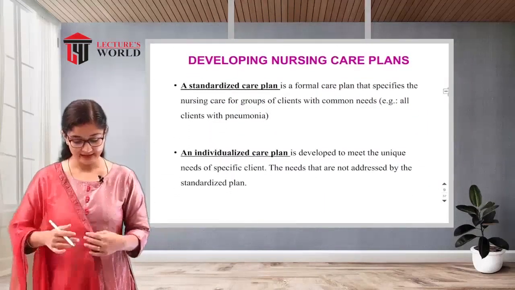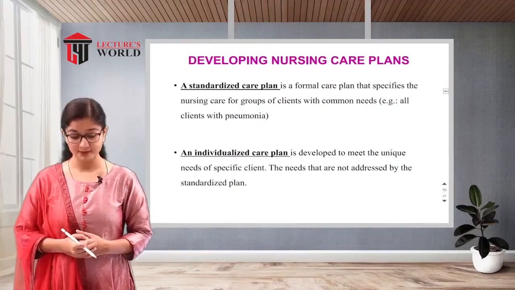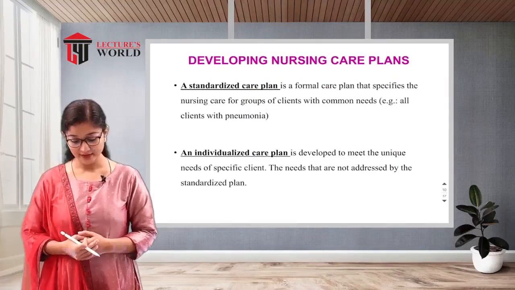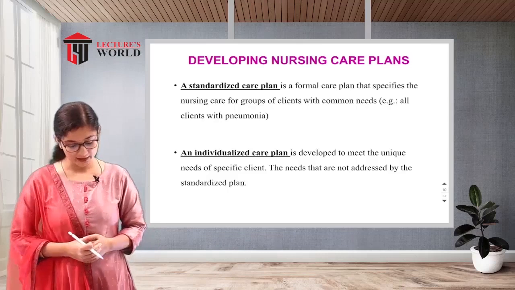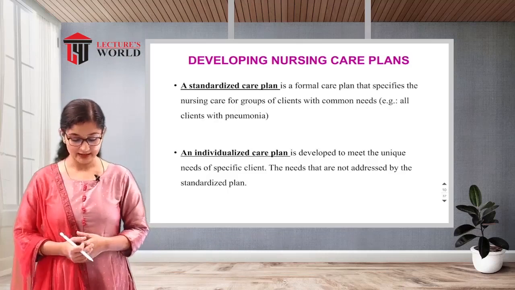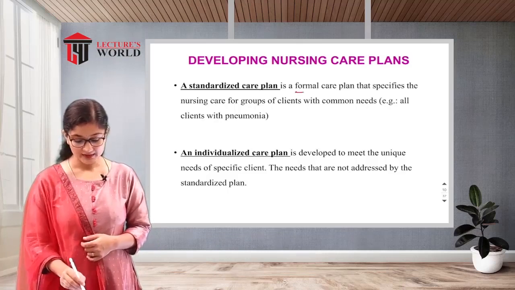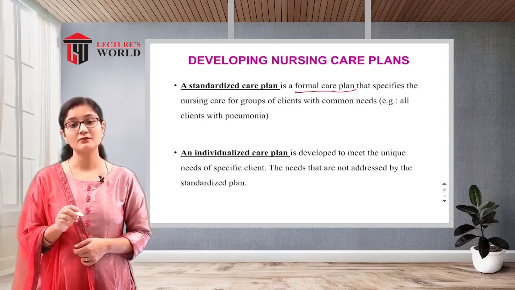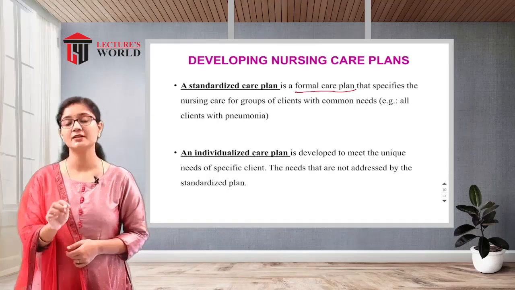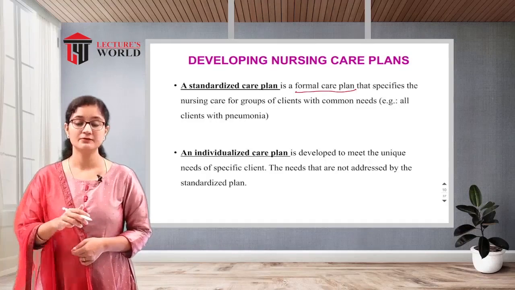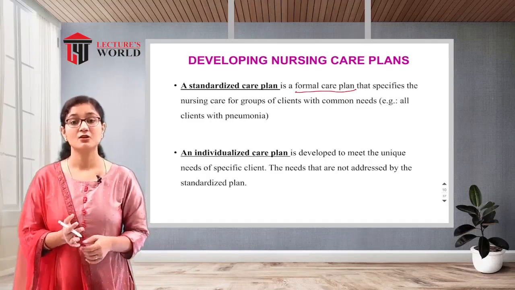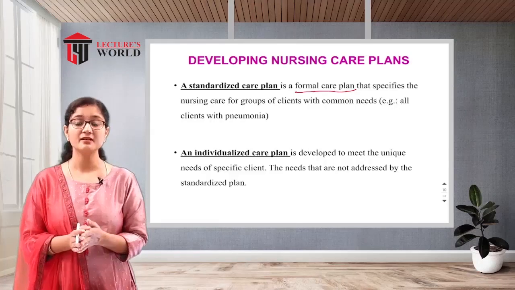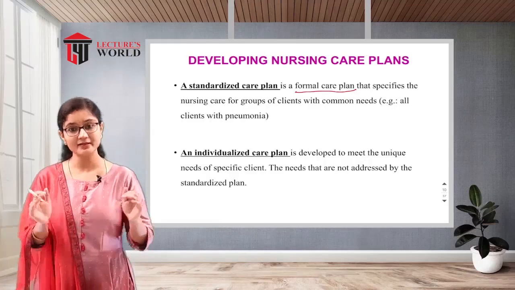Next is the standardized care plan and the individualized care plan. A standardized care plan is a formal care plan that specifies nursing care for a group of clients with common needs. Example, all clients with pneumonia. So remember, a standardized care plan is always a formal care plan which you are going to get in books. For example, when you go in your second year, there are many medical surgical nursing books or other books where they have given standardized care plans